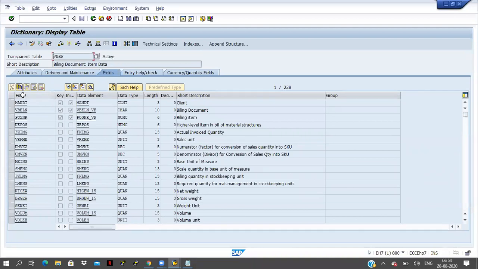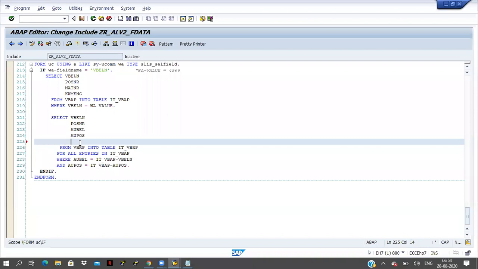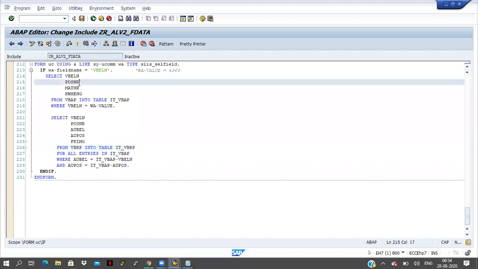VBRP is the billing document data, and here FKIMG quantity is there, so I will take that quantity here, FKIMG. Now save it. First of all, I have to declare IT_VBAP and IT_VBRP, so I will declare that now.